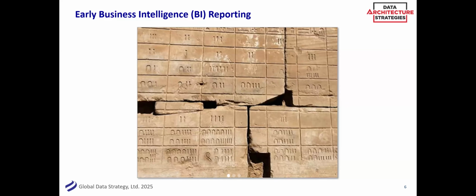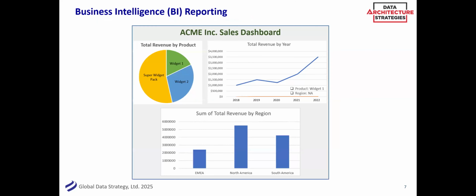Should we be doing things on stone walls anymore? Probably not scalable. So now we have something that maybe looks like this, which is your sort of Acme Inc. sales dashboard with how many widgets did we sell by year and what's your revenue by region. And before you scoff and say, Donna's old-fashioned, she's talking about BI when we're talking about AI and machine